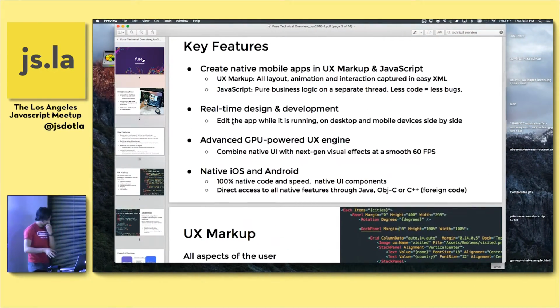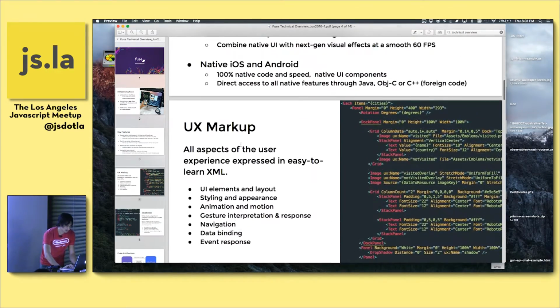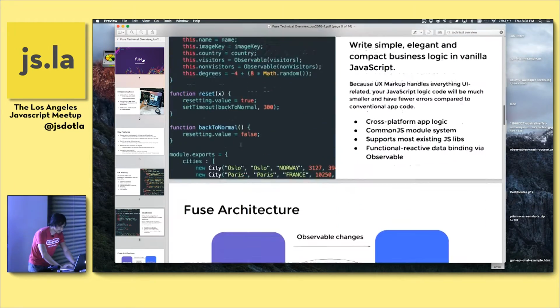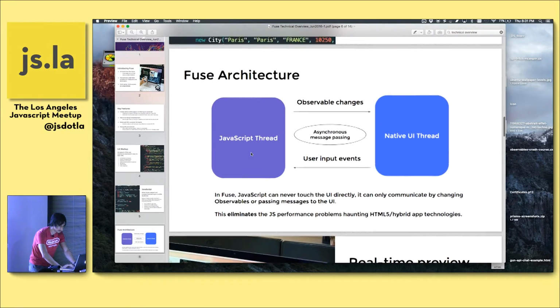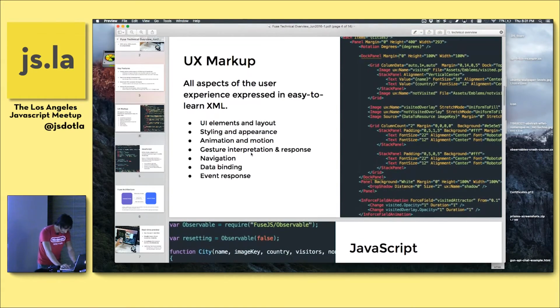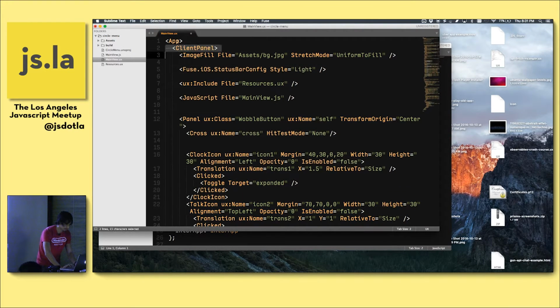Along with describing some of these technical features, I'm also going to show you an example of a real app that I built at UCLA using the Fuse framework. There are two parts to a Fuse app. There's the UX markup, which is this XML language that I showed you a second ago, with all these XML tags.